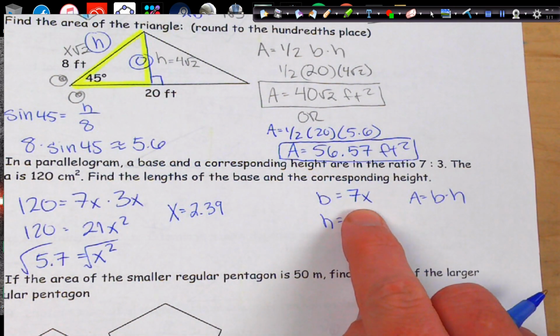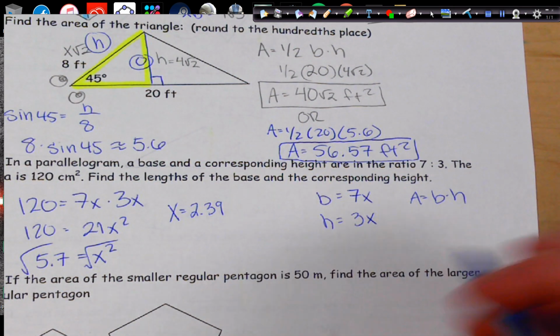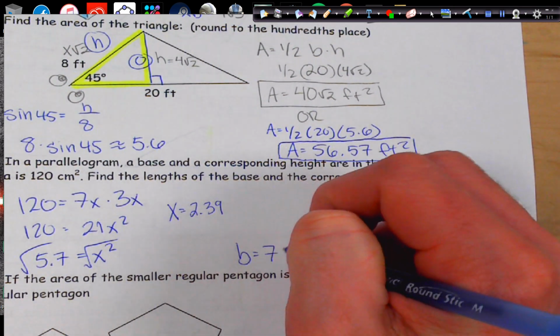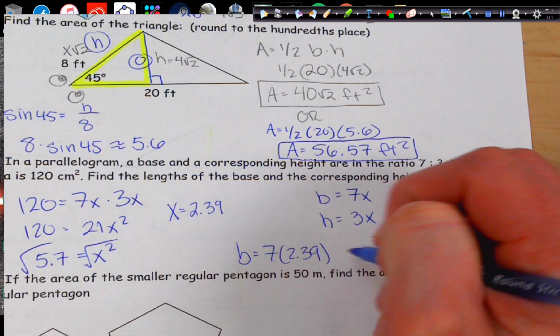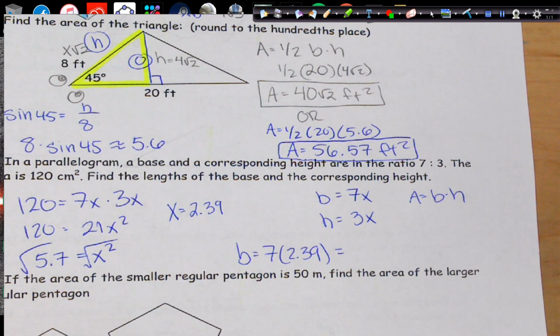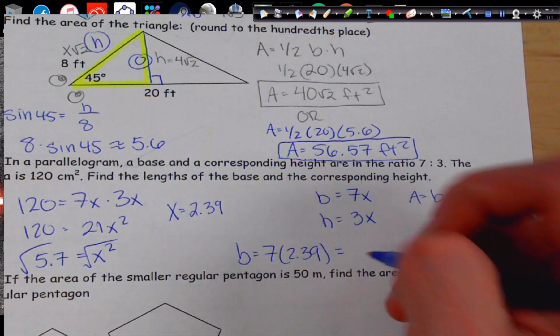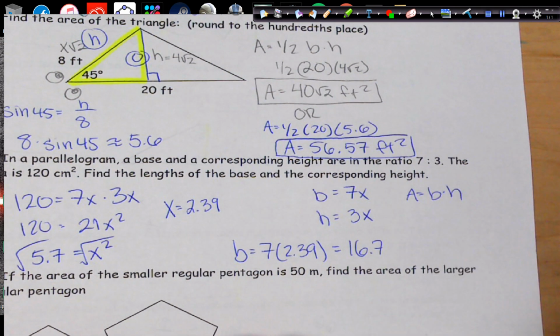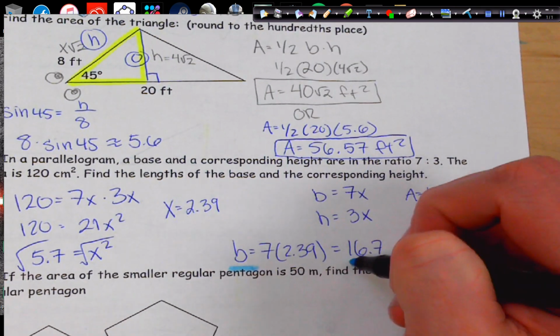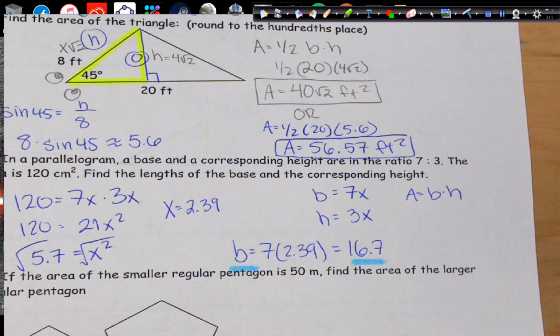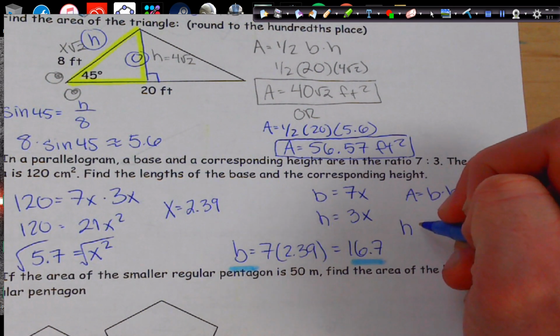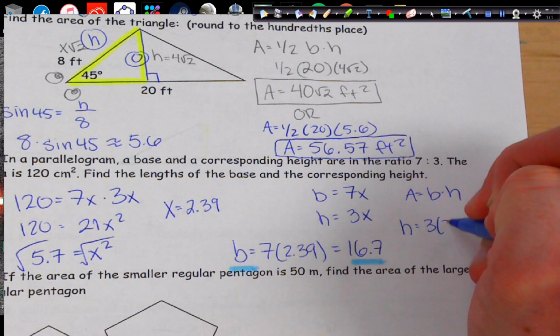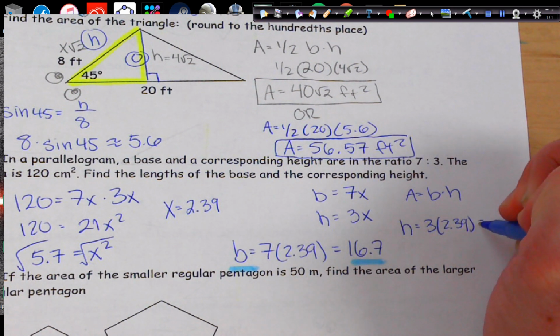Now, I can find the base by plugging x into it. So the base is going to be 7 times 2.39, which means it's about 16.7. So that's my base. And then I can find my height by doing 3 times 2.39, which is going to be